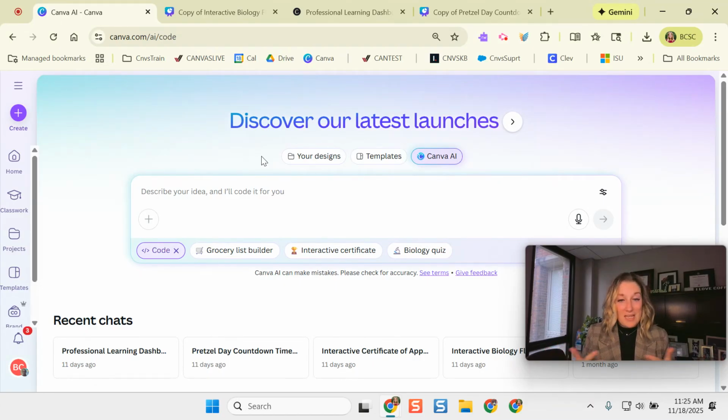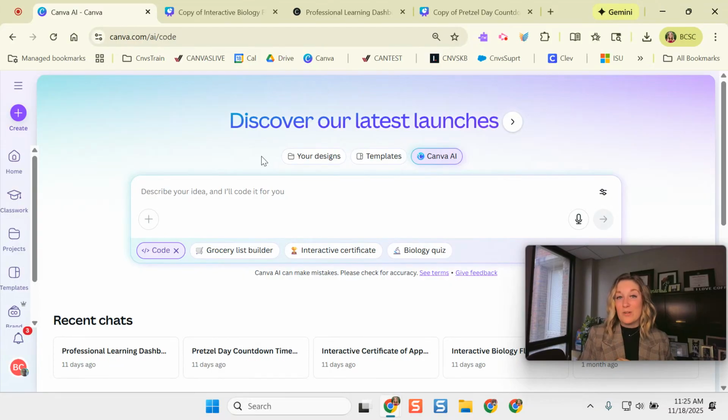So if you're anything like me and you were loving these features, but you're wondering if I make a study game or some flashcards, I want to be able to know how my students are doing, who's using it, and how they're performing. And before, you couldn't get that data. But now you can. Thanks to some updates that were around October 30th in the Canva suite, you can now